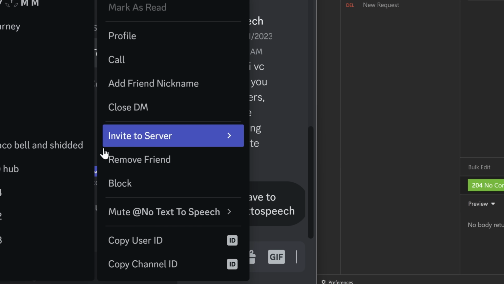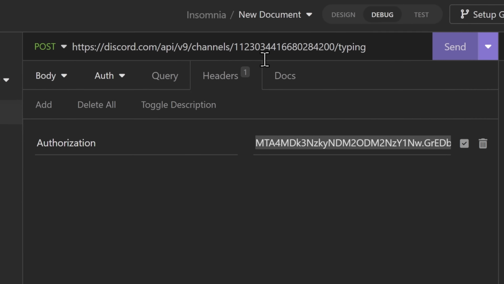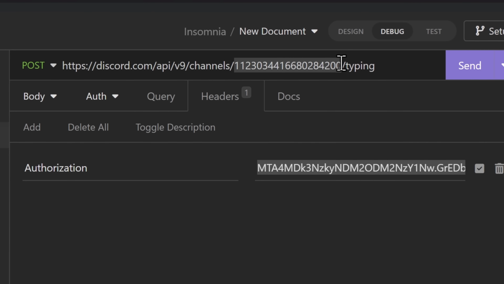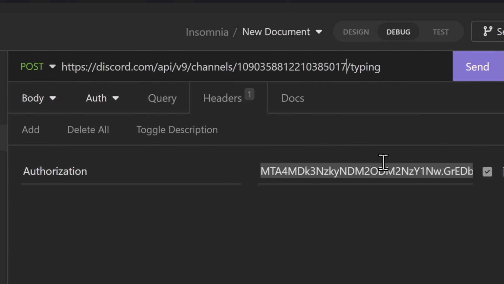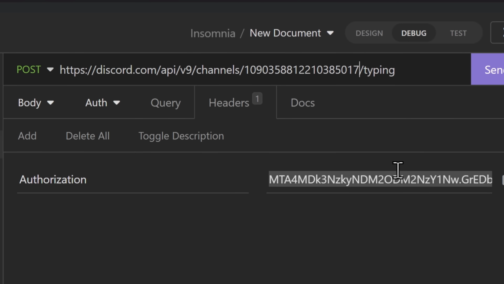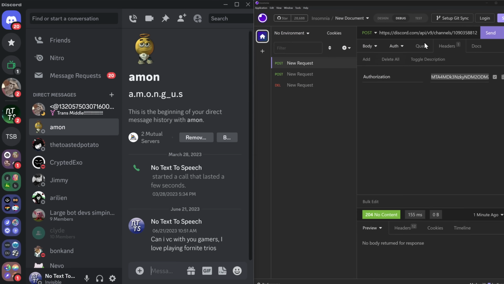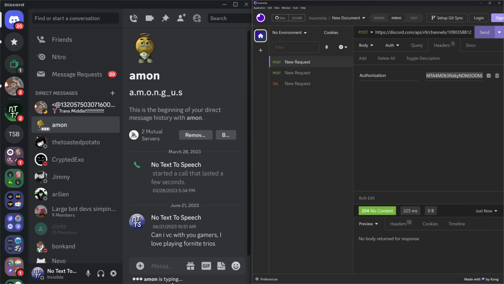I'm going to right click on this no text-to-speech loser guy, copy channel ID, and back in Insomnia, I'm going to replace the old channel ID, paste it with the new one. Remember, the channel ID is very important. If you don't pick the right one, then this message you're sending to Discord, it'll say you're typing in a different channel. But now that that's changed and I click on send again, it'll show that I am typing in